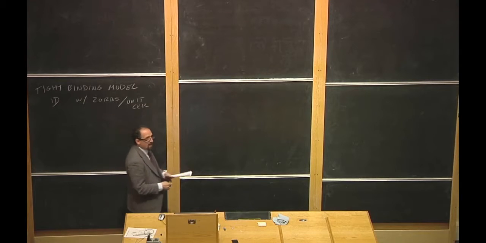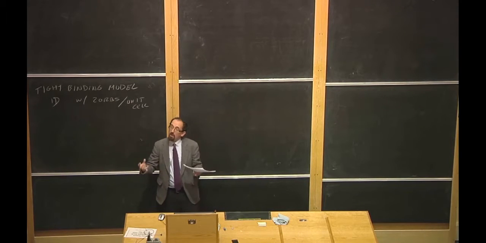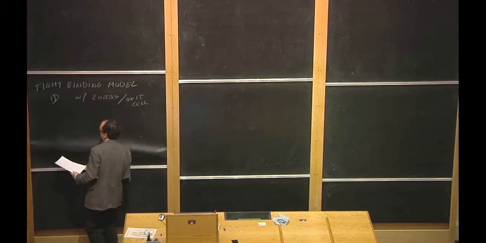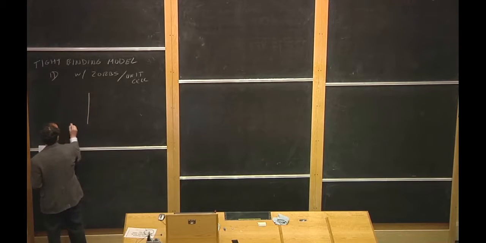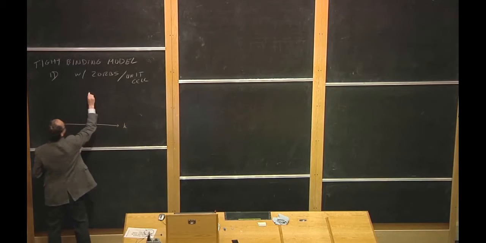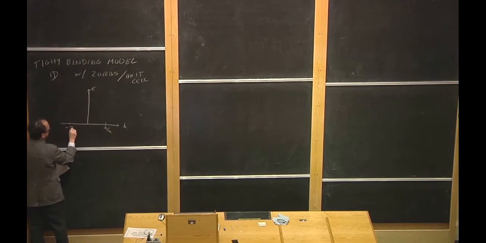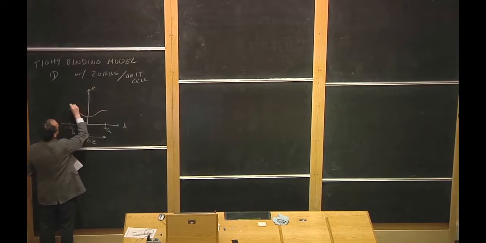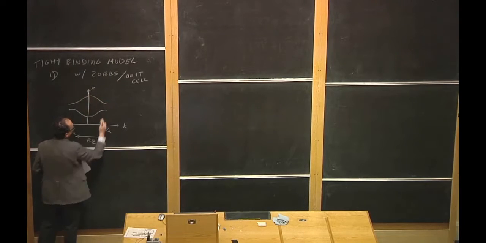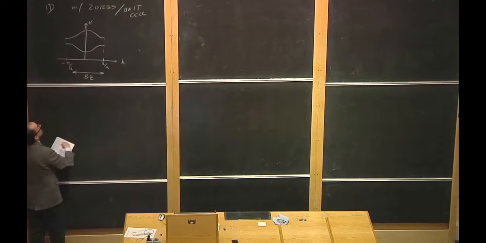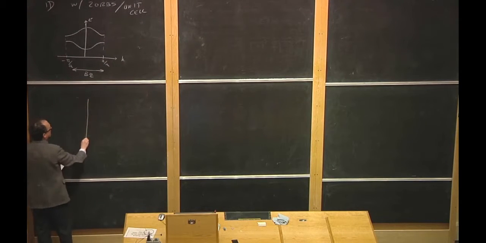And that can be two atoms, one orbital on each atom, or it could be two orbitals on the same atom, one atom per unit cell. And we can draw the dispersion in reduced zone scheme. Here's K, here's energy, here's pi over A, here's minus pi over A. That's the Brillouin zone, BZ for Brillouin zone. We can draw the dispersion kind of like this and like this, two modes at each wave vector K in the Brillouin zone. Or we can unfold that picture in the extended zone scheme,